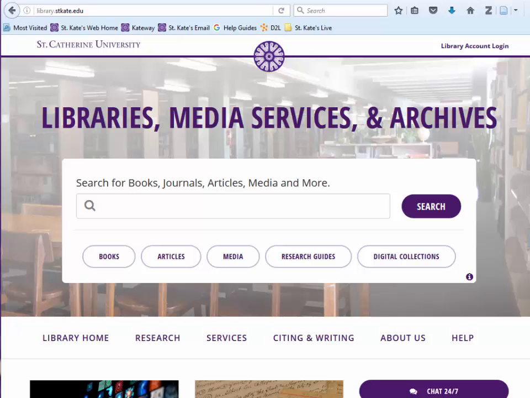So this search box, our main library search, is also sometimes referred to as Summon, and this will actually search most of the materials in our collection, including books, journals, journal articles, newspaper and magazine articles, videos, and things like that. And we'll go into this a little bit more in depth in another video, so we won't go into that right now. But we will talk briefly about some of the buttons that you see below the main